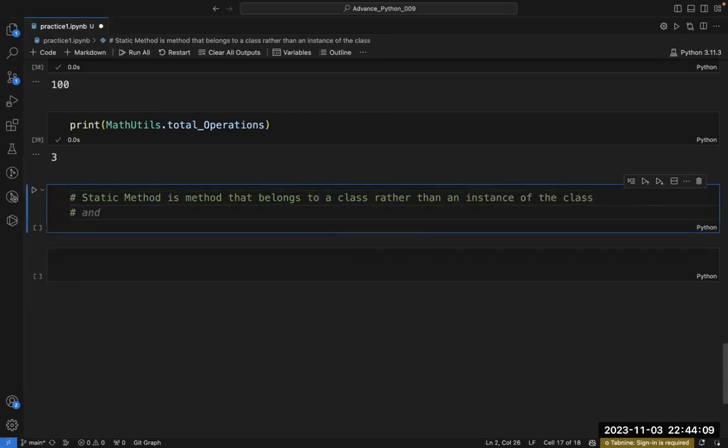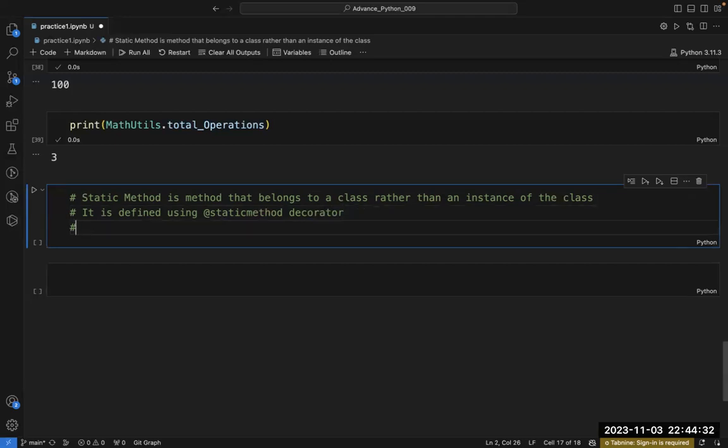Second thing is it is defined using the @staticmethod decorator. Fine. Third thing,